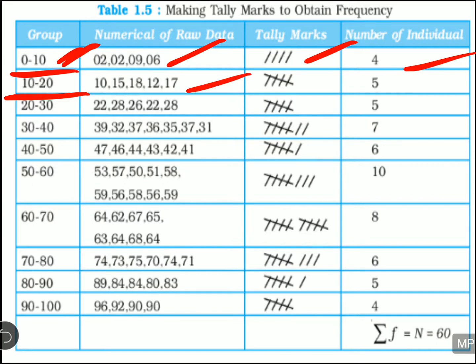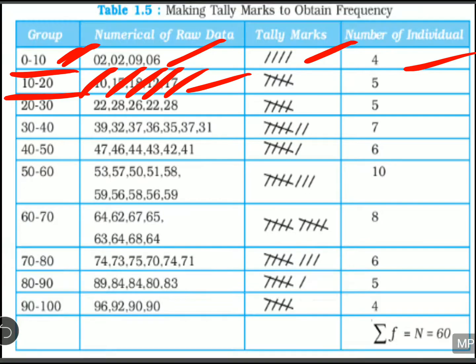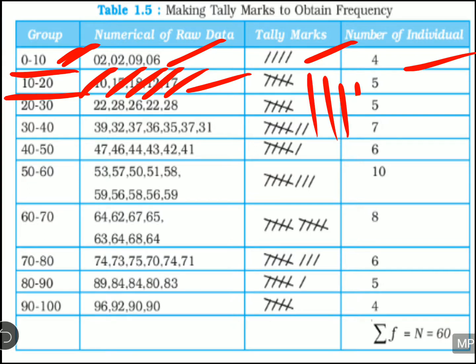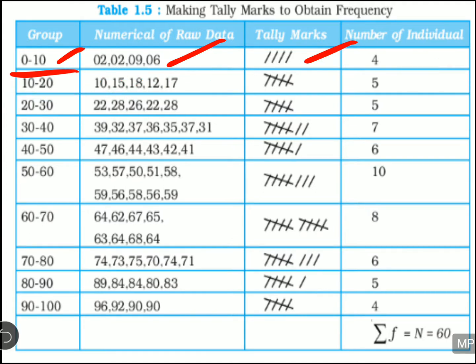And these are how many numbers? 1, 2, 3, 4 and 5 numbers. So what you did, you presented it in the tally marks form. 1, 2, 3, 4 and 5. 5 is the cross. And this way you have presented here. Alright. And the same number you have written here, 5. The same way you have to make the whole table.